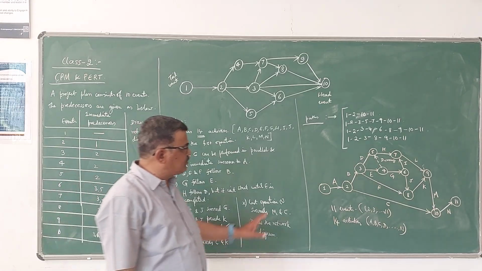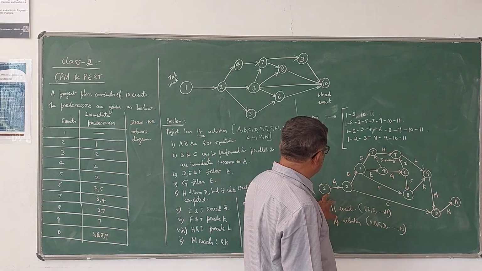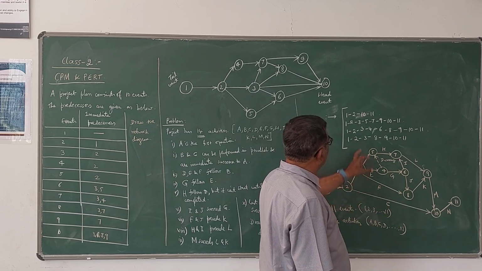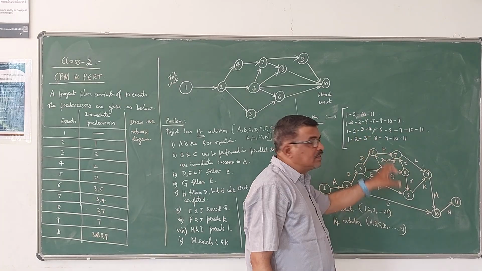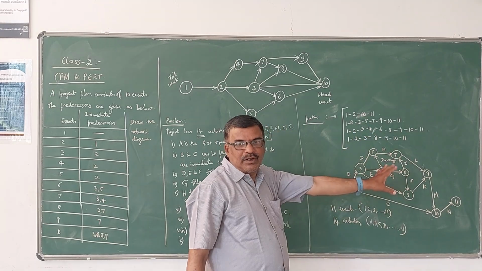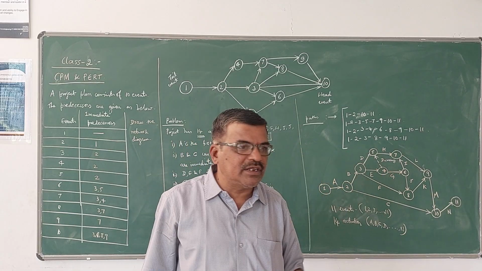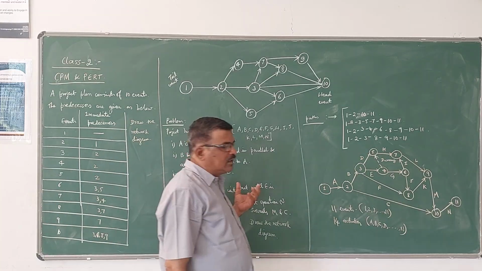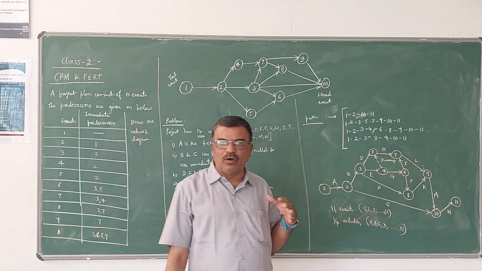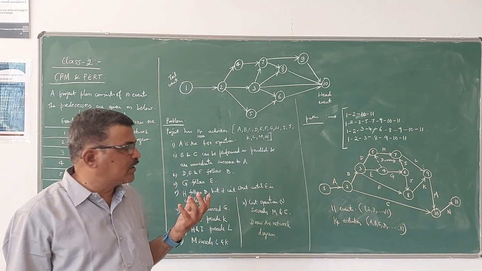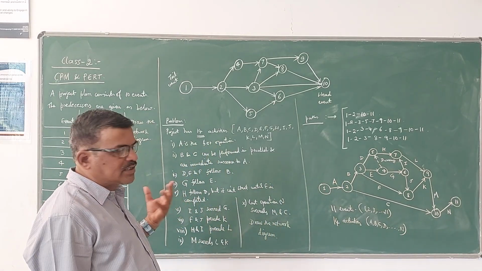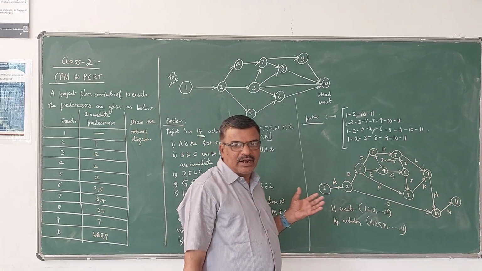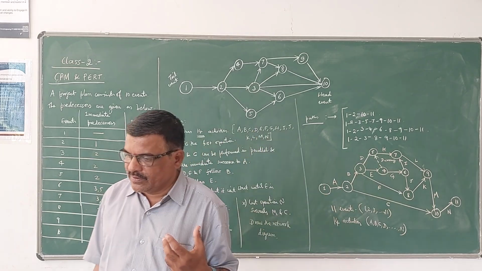So once you fix the different paths, you can see here paths are going from 3. Correct? So totally there are 4 paths here to complete the project. Among these, whichever is the critical path, that we have to decide. That we can do by the critical path method. For that, you should know how much time is required to complete an activity. Based on the time, we can always find out the critical path for a given network of a project. That I will take up in the